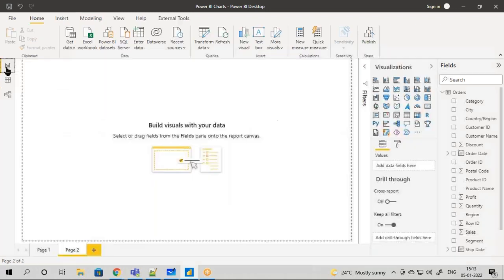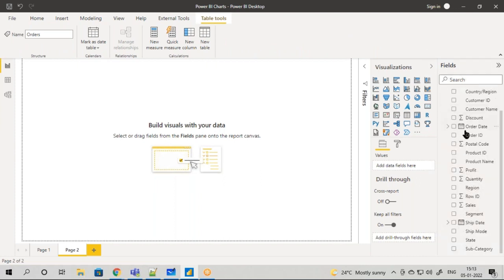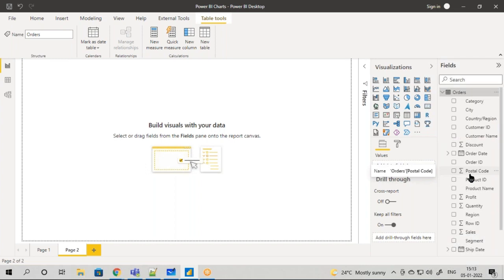Now to start with, this is the report panel. This is where you start creating your multiple pages and start loading your visuals. Power BI supports around 30 default charts, which you're seeing on the right side of the screen. Now we also have this data set. In the data set, every column can be called a field, a feature, or a column. In this data set, we have around 15 to 20 columns.